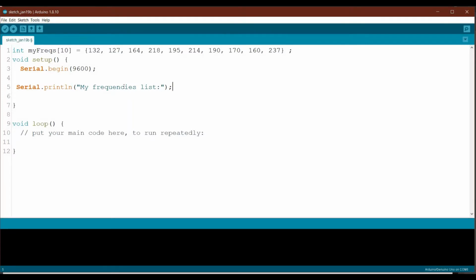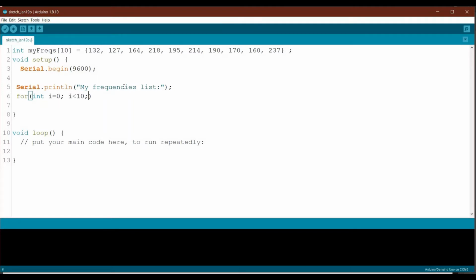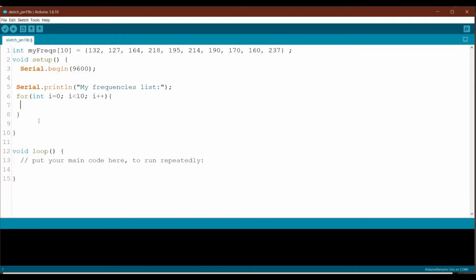Frequency is this, and since it's an array, we need to use a loop to scan all the elements inside the array. So for this I will use for, integer i to start from 0, and it will be less than 10 because we start from 0, and i++ will increase by 1. Okay, and here we will print